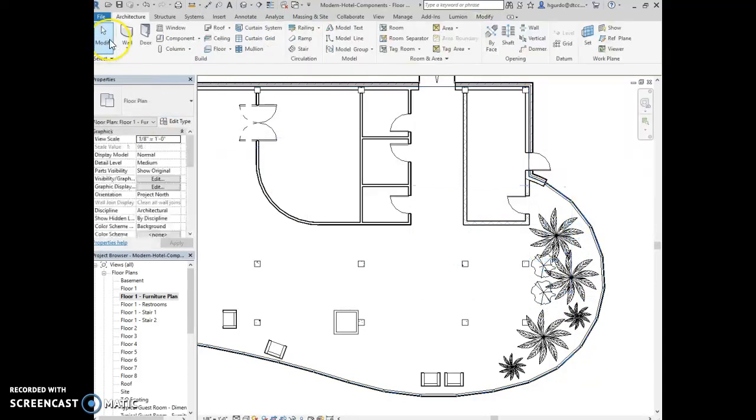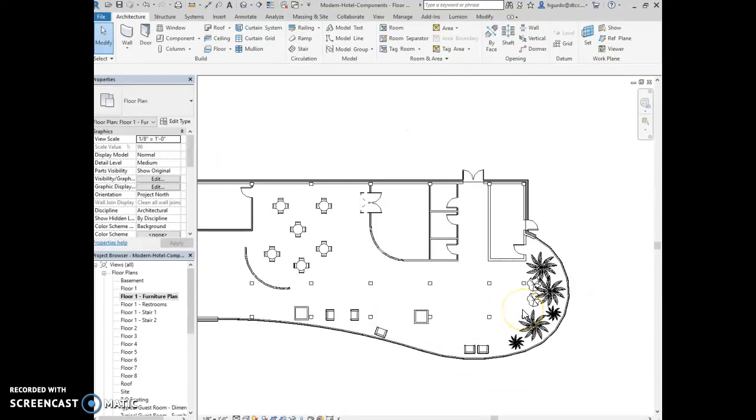You can also even add in some more furniture. It looks like there's a coffee table and a few more chairs in here. Once you place the furniture and the plants, we're going to place some additional components. We're going to start the component command,